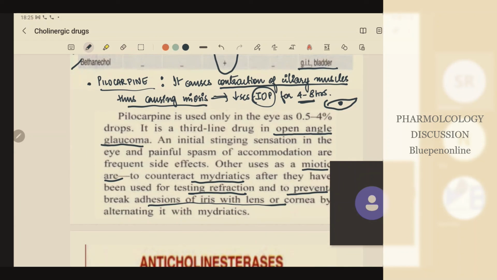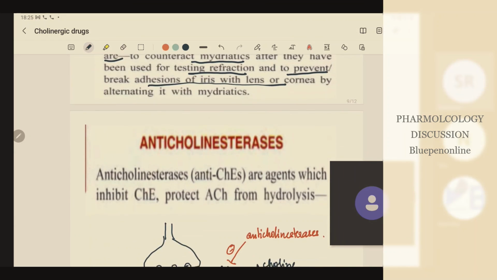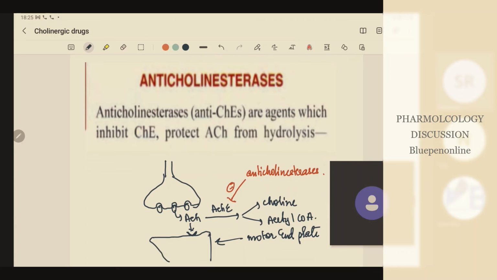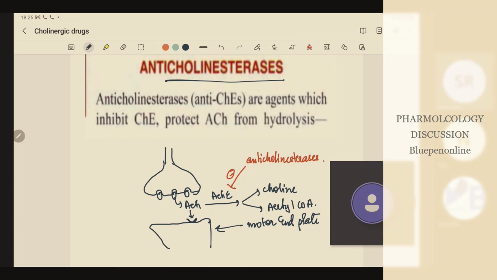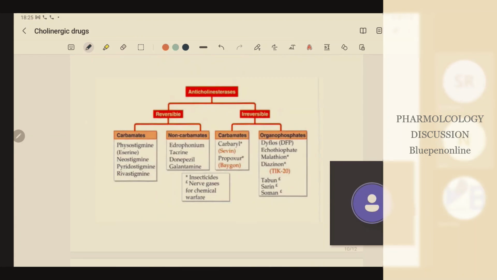So these are your cholinergic drugs, one part, cholinomimetics. The other part is anticholinesterases. I want to continue this in the next